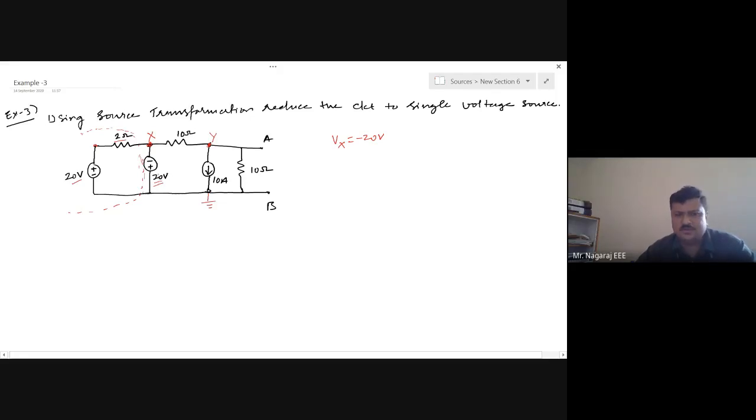This is the same case we have seen in the first example. There we had only one resistor across an independent source. Now we have another independent source across the independent source. Whether this voltage is 10 volts or 5 volts, it doesn't matter. The node voltage here is always equal to the source voltage connected to this node. Hence, this 2 ohm and 20 volts has no effect on this node voltage. Do you agree with this?